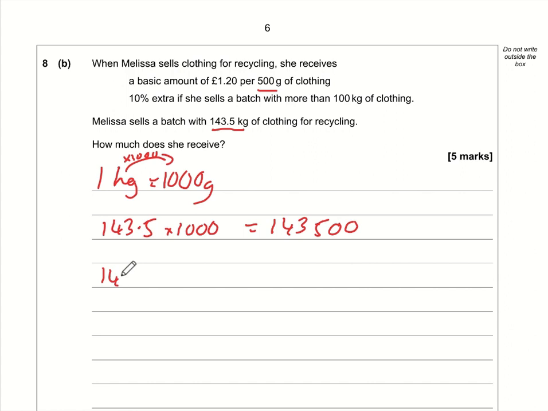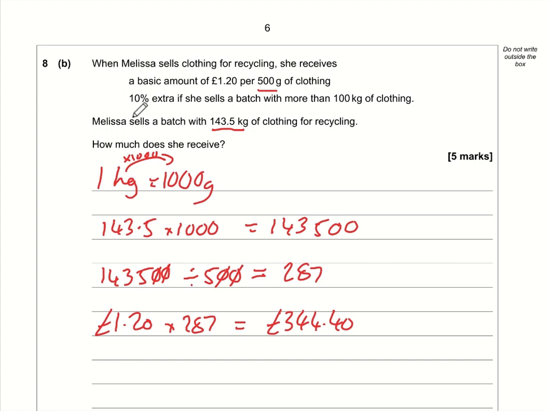So 143,500 divided by 500, we can simplify this if we want, but if you're using a calculator, this makes no odds really. That comes to 287. So that's 287 batches of 500 grams in that amount there. So if she's paid £1.20 per 500 grams, that's going to be £1.20 times the 287 500 grams, and £1.20 times 287 comes to